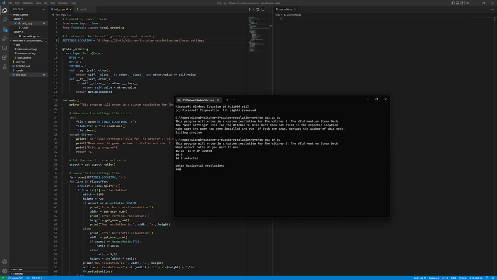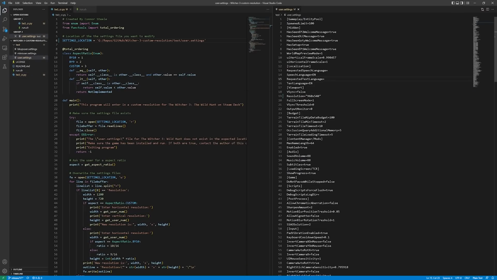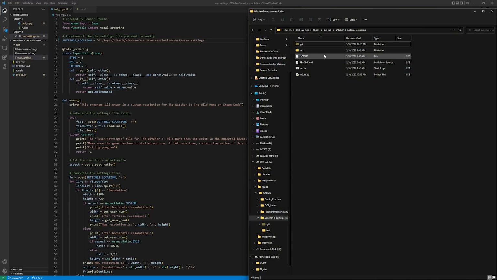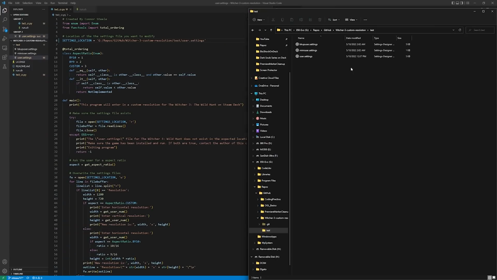Then I'll put in 960, and it'll tell you what the new resolution is, and it'll actually just go ahead and write it right out to the file here. If you look for the resolution right here, it's right there. And if I want to, I can actually show you exactly that this only operates on one file. So if I undo this, and then I go ahead and copy this and make a paste of it, and just call this one